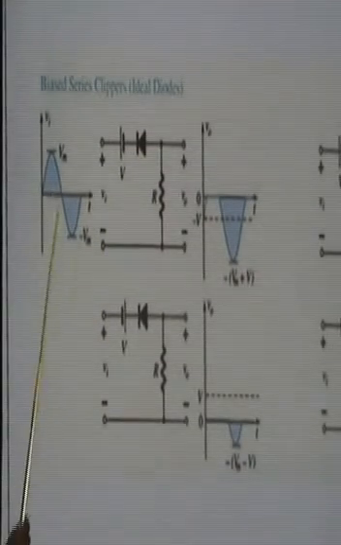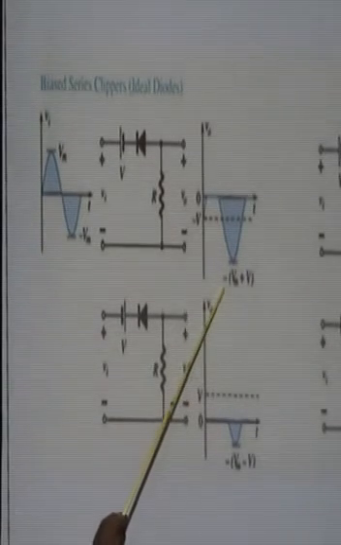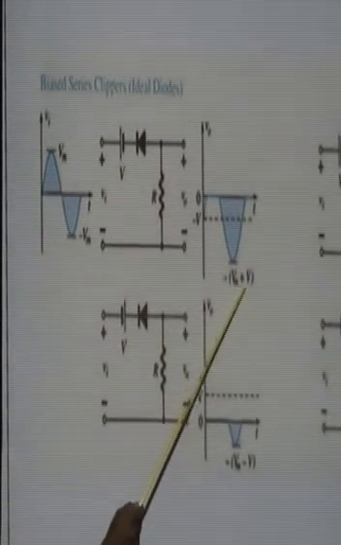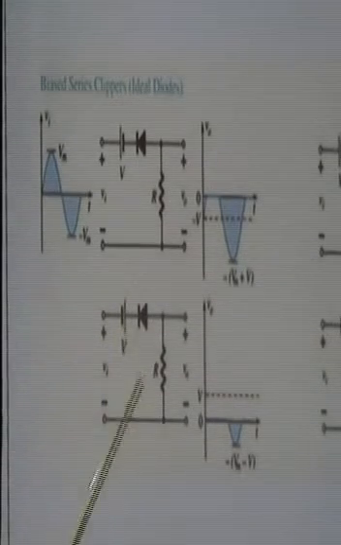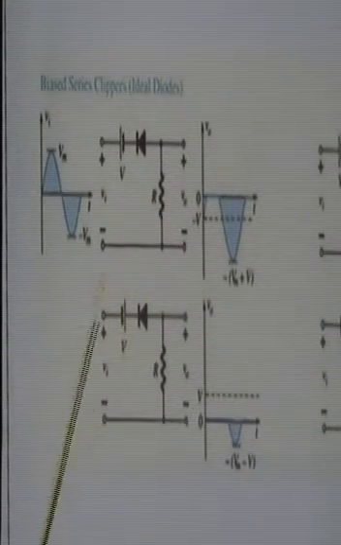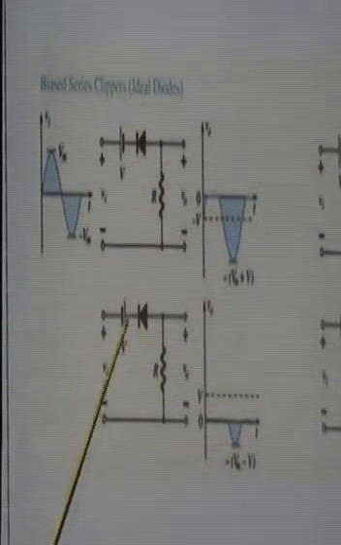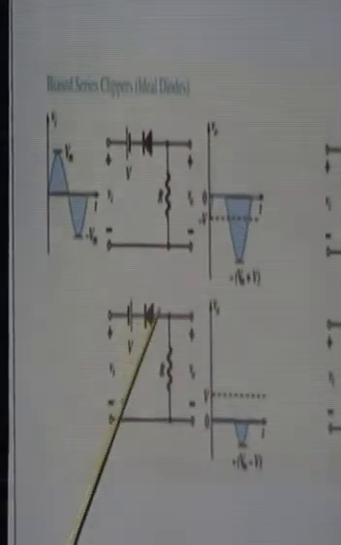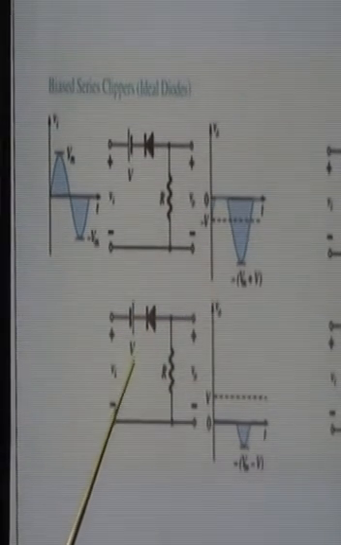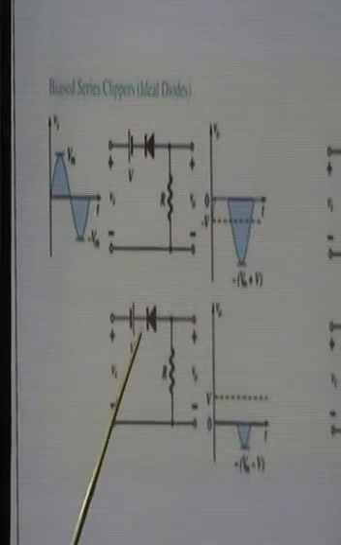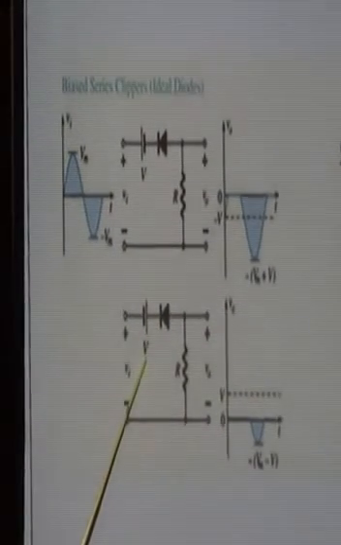And we find that for the negative half cycle at the output there is a waveform which is minus due to the negative phase, Vm plus V. While this case is just the reverse of this nature, here the polarity of the battery is changed, and this negative is attached with the positive of the battery and this reverse biases the diode. That means whatever is the voltage across the diode must be decreased by the voltage across the battery. That means across the diode the voltage is Vm minus V.